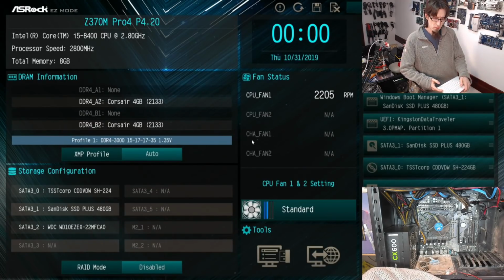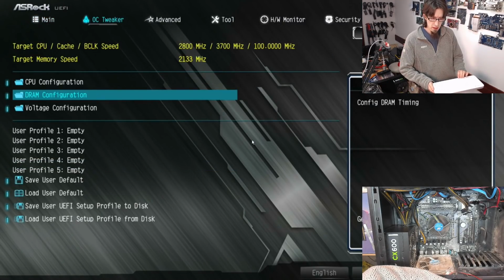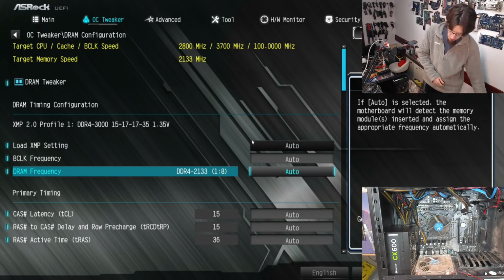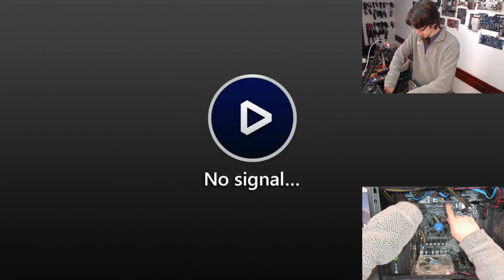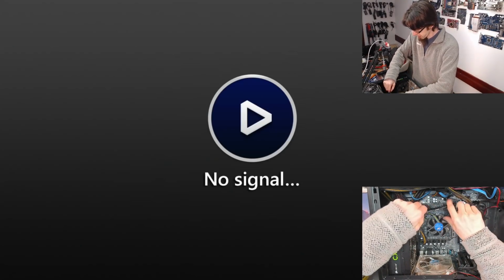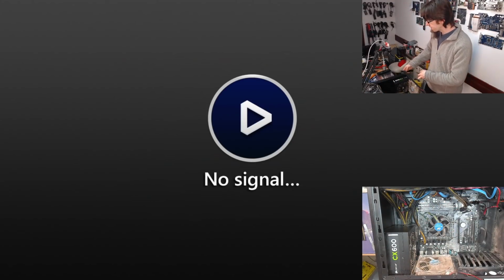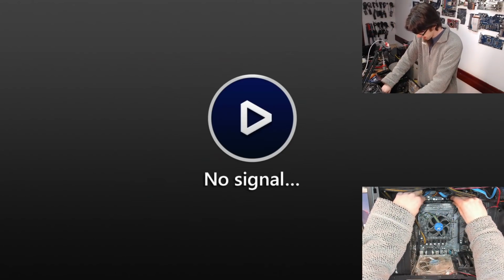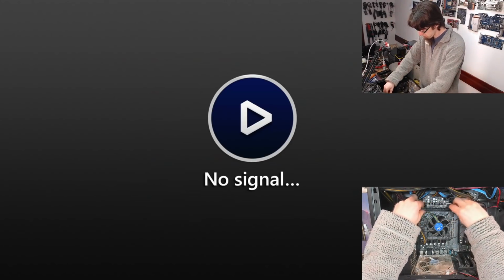There we go. Right, and I'm just going to check that our settings have cleared. We should find that memory speed is on automatic again, which it is. We're back into auto. Good. So the BIOS reset was successful. Good. All right, so I shall power off, and we'll swap out the memory. So if this works now, it means the BIOS update has fixed the compatibility problem with our new memory. If this doesn't work, it means you have to do a rain dance to make this memory work forever, which will kind of